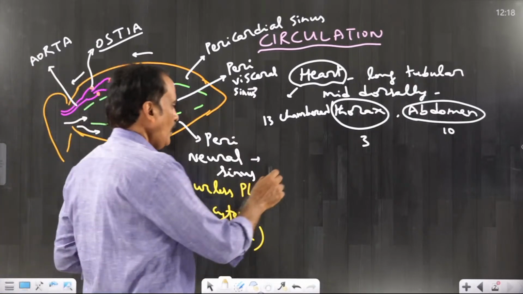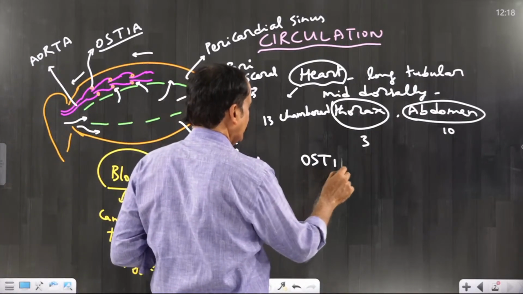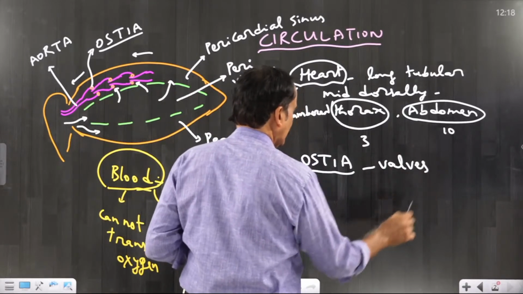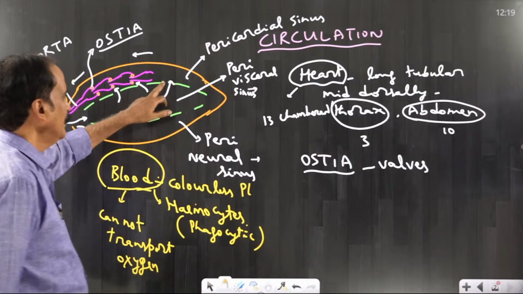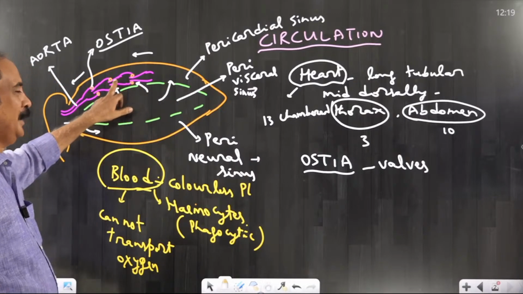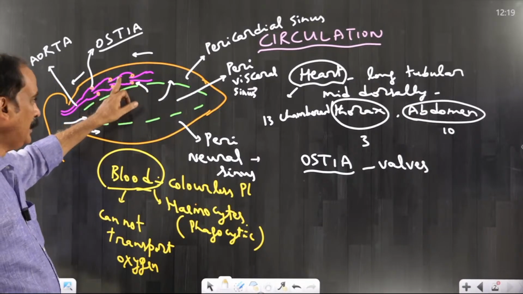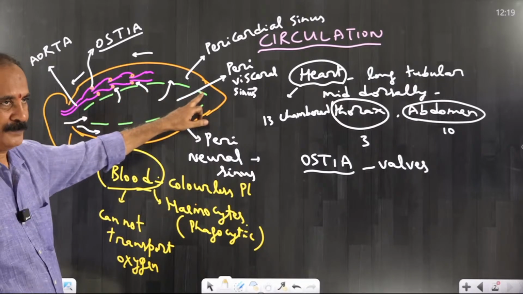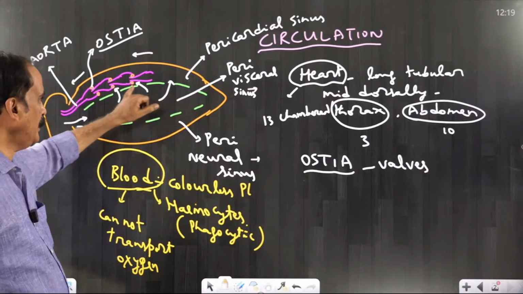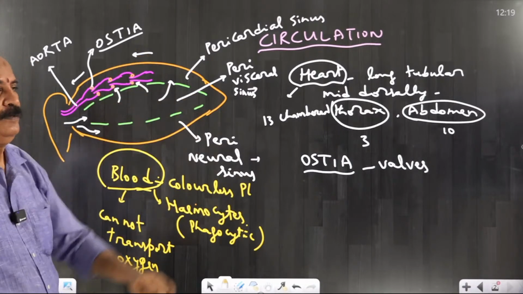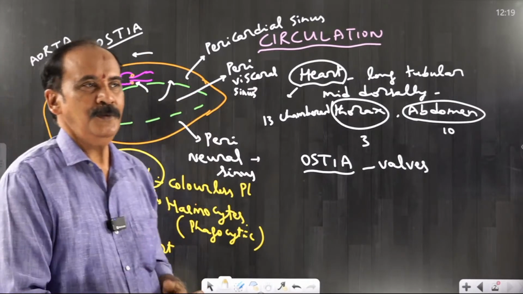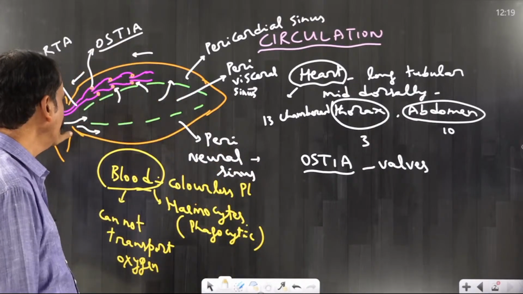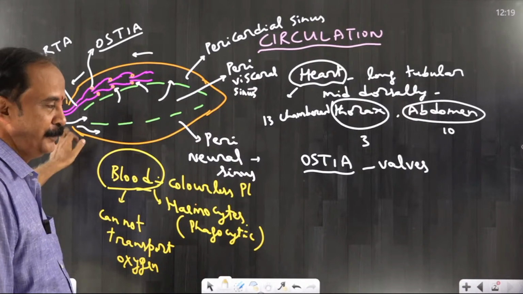And you should remember, ostia will allow blood. Ostia are provided with valves, right? And they allow blood from the sinus called pericardial sinus into heart. Blood cannot come out of the heart into the pericardial sinus. So these pair of apertures or ostia are provided with valves. They don't allow blood to come out of the heart chamber, but it is pumped anteriorly into head sinus through